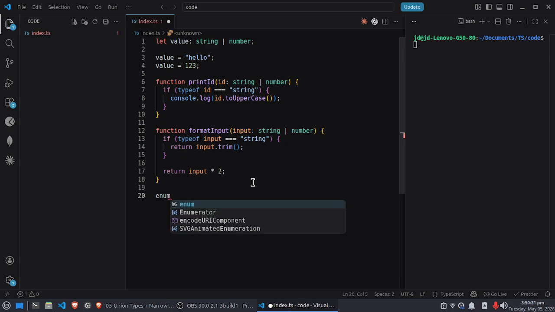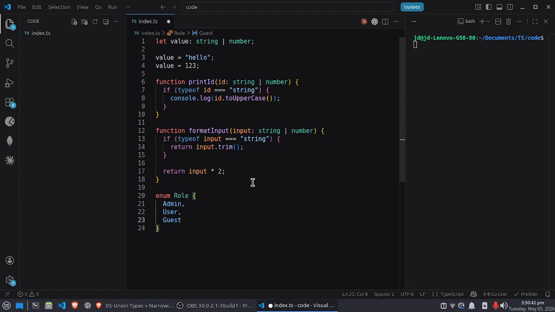Let enum Role, here the admin and the user and the guest. So here we have predefined values like Role.Admin, Role.User, Role.Guest. Now how can I use it? For that, let me write a function checkAccess that takes the role,